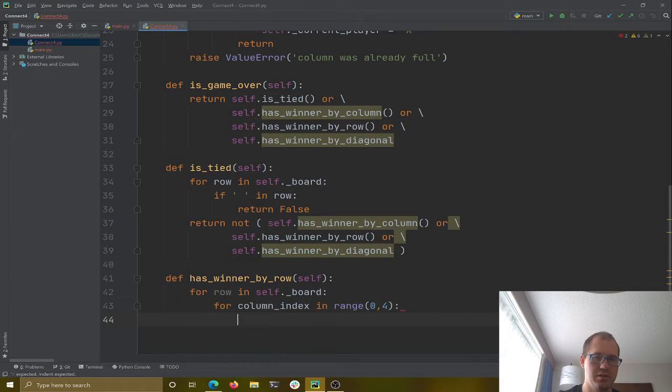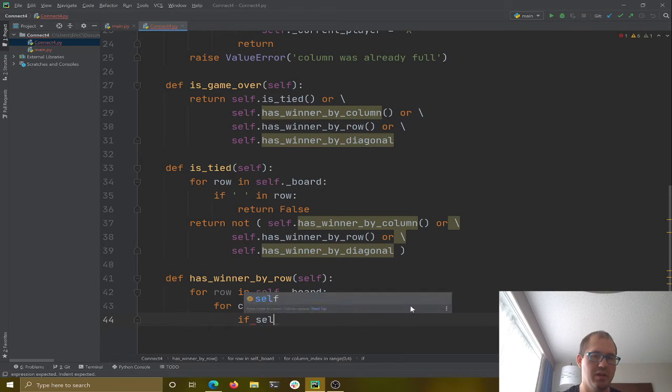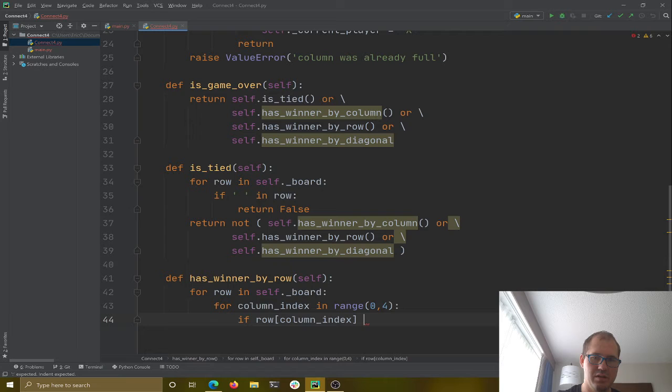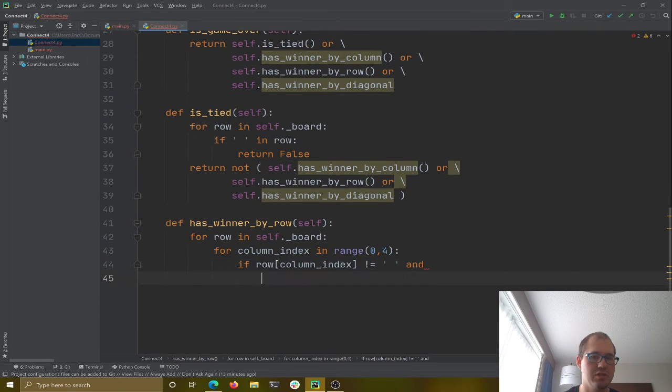Then we're going to say if row at the column index does not equal a space, so it means it's either an X or an O, then they all need to match. It equals that of column index plus 1,